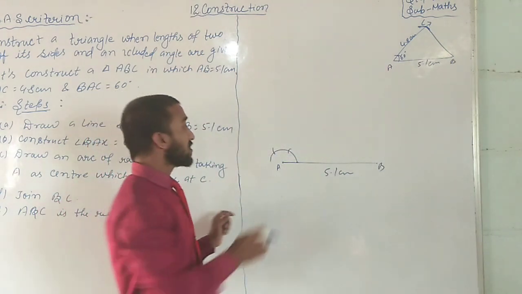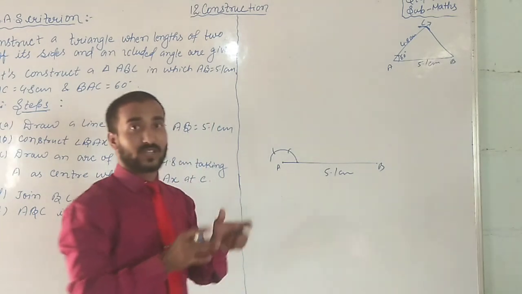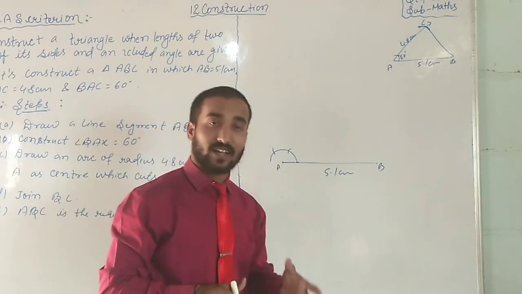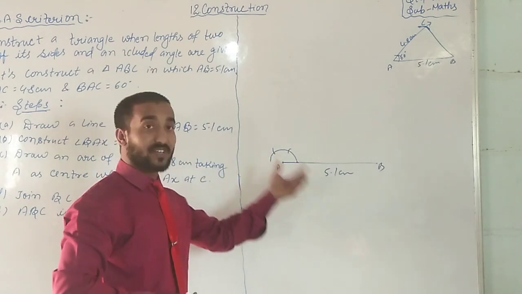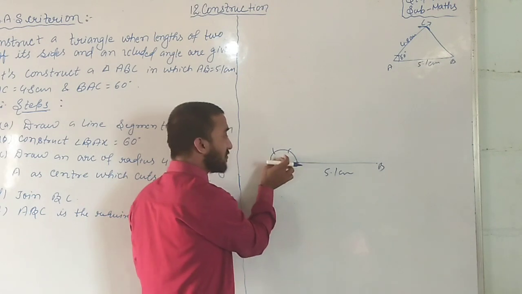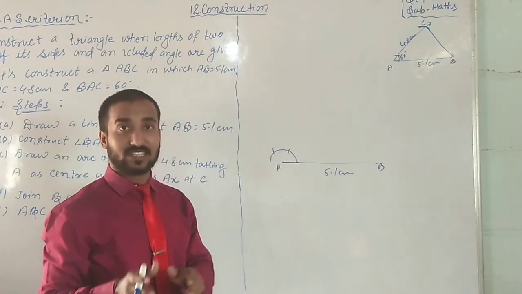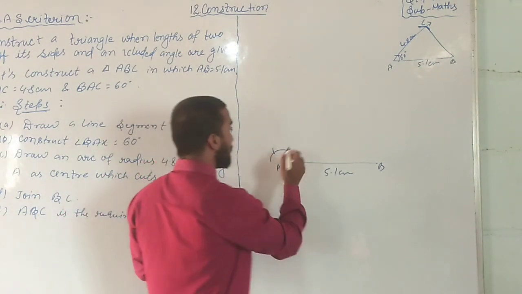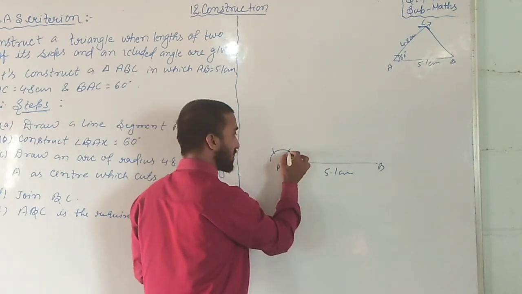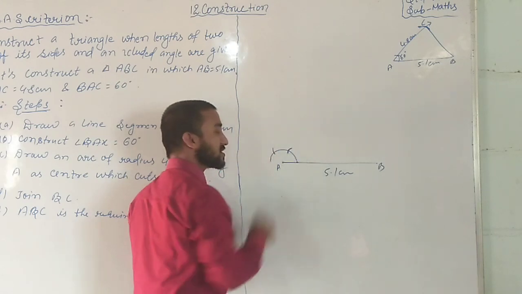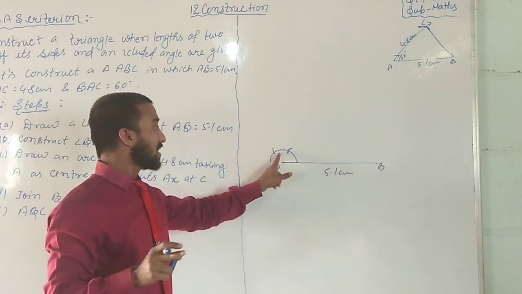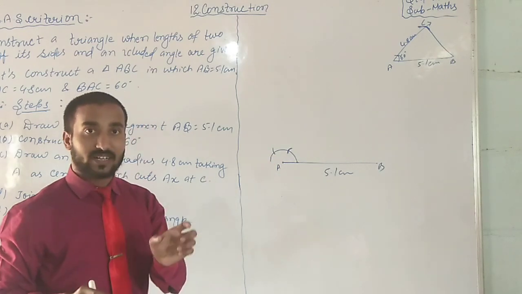Okay. After drawing the 2 arcs, what will be done? As we know, a circle completes a 360 degree angle. So half of the circle means 180 degrees will form completely. Whenever you divide it into 3 parts, it will form 60 degrees each. So now this angle will form 60 degrees. Are you getting my point, students? This arc will form 60 degrees.